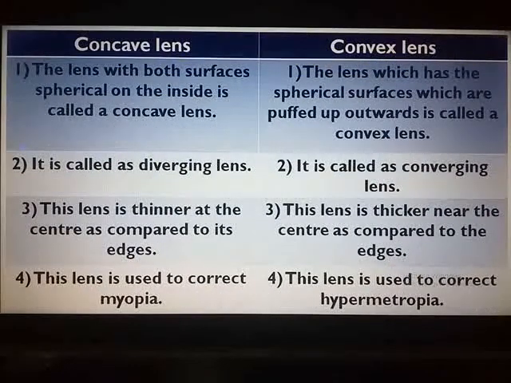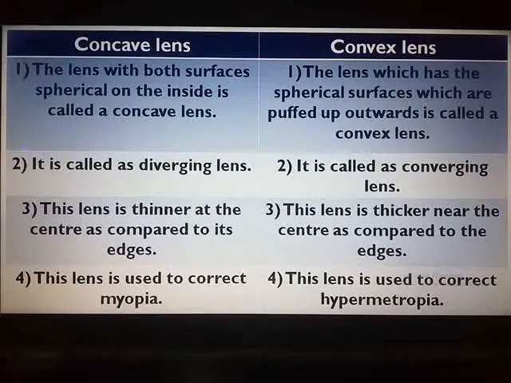Next, give a distinguish between question number 6b, concave lens, convex lens. All of you are requested to refer to the very first page of the chapter, page number 80. Page number 80, you can see the paragraph under lenses. You can see the heading lenses in pink color. Third paragraph, very first line is for the convex lens, and the third line is for the concave lens.